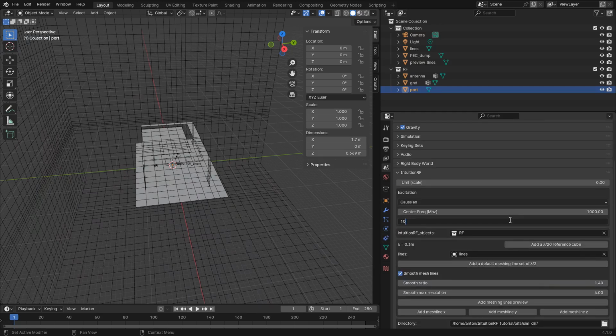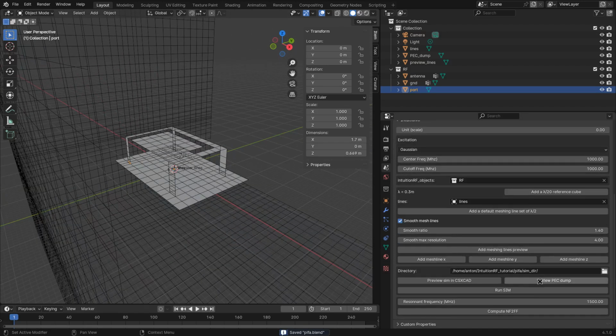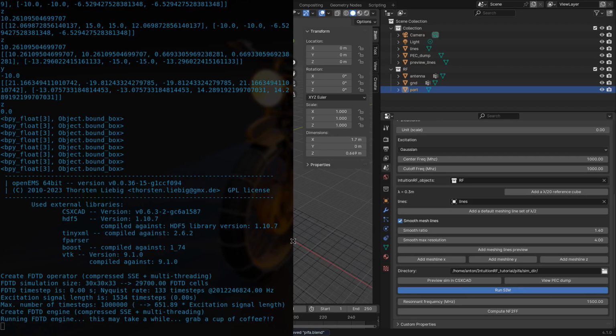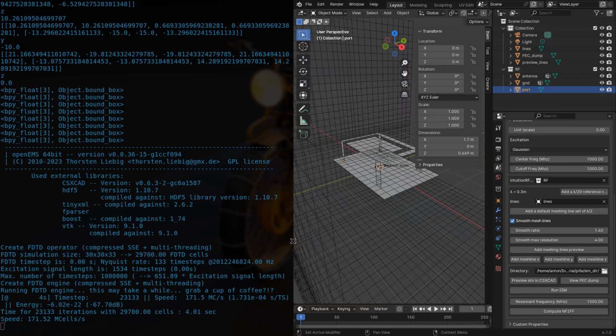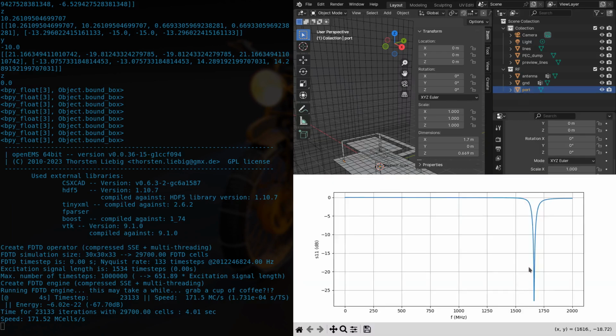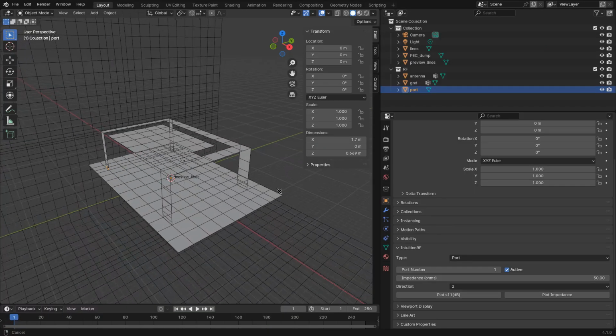So increase the cutoff frequency and run again. Okay. And it does happen way higher at 1600 megahertz. Okay. Now, what we didn't do